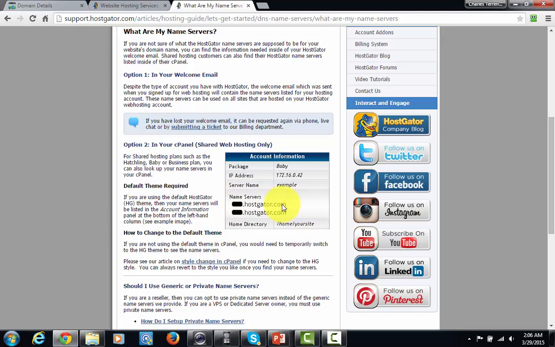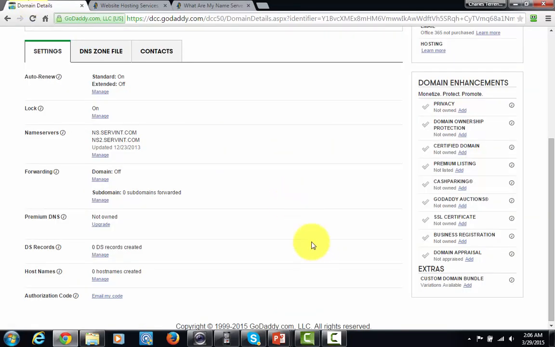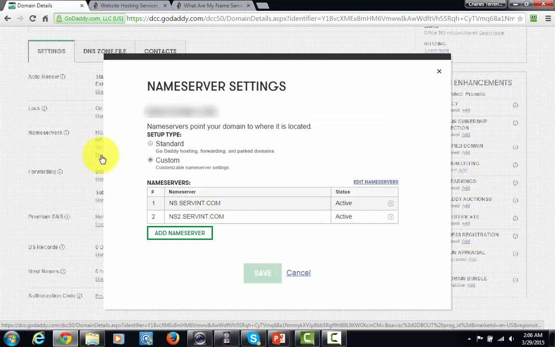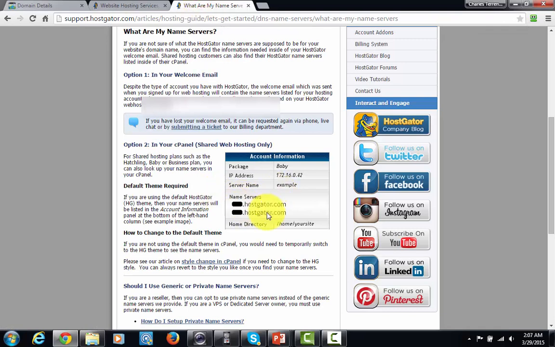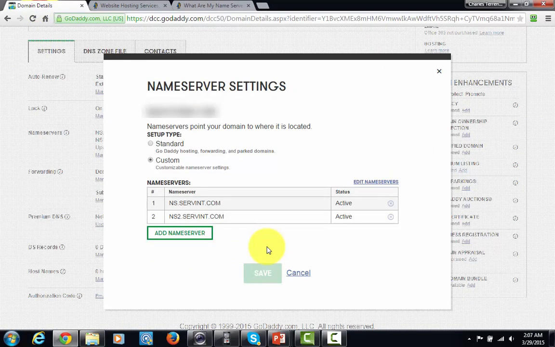So what you're going to do, and I'm going to take a look over here in GoDaddy, and this is an actual domain name. So what you would do is you'd go inside of the name servers area. Now in this particular case, it's already got some name servers in there, but if we wanted to change it, we'd click Manage, and then we'd basically type in custom name servers, and we put in that information that we got here from HostGator, which is likely in an email or likely someplace on your dashboard inside of HostGator. You're going to put this information in here, add your name servers,